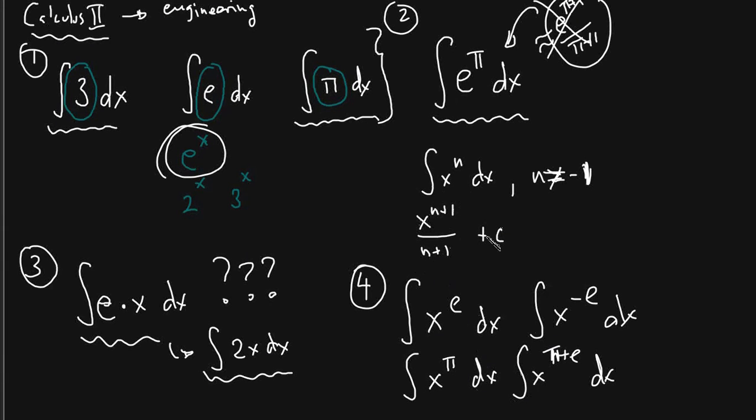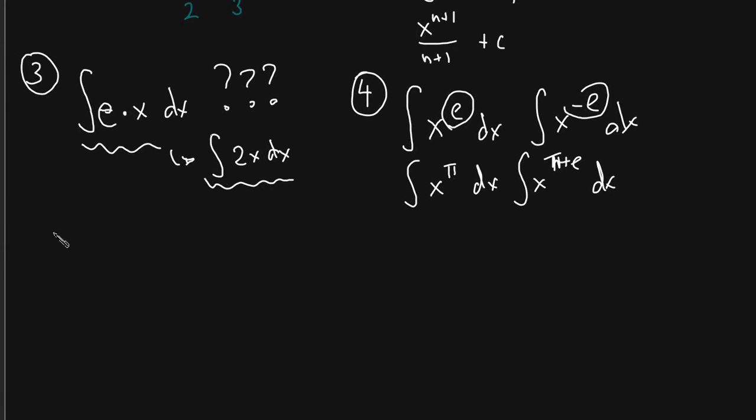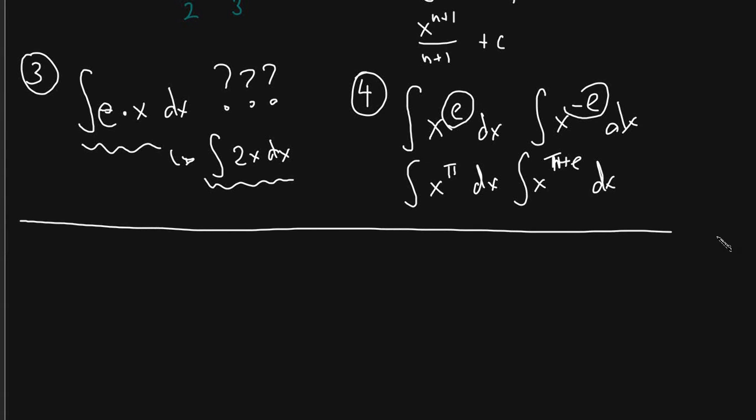They should still be able to use this power rule, but the very presence of this e sitting in an exponent now messes with their ideas, because all they remember is that the integral of e to the x is e to the x plus constant. So now the integral of x to the e looks so close to the integrals that they know that it's hard for them to see that this is no different than the power rule problems that they've been doing correctly. Okay, so these are my first set of simple but evil problems.